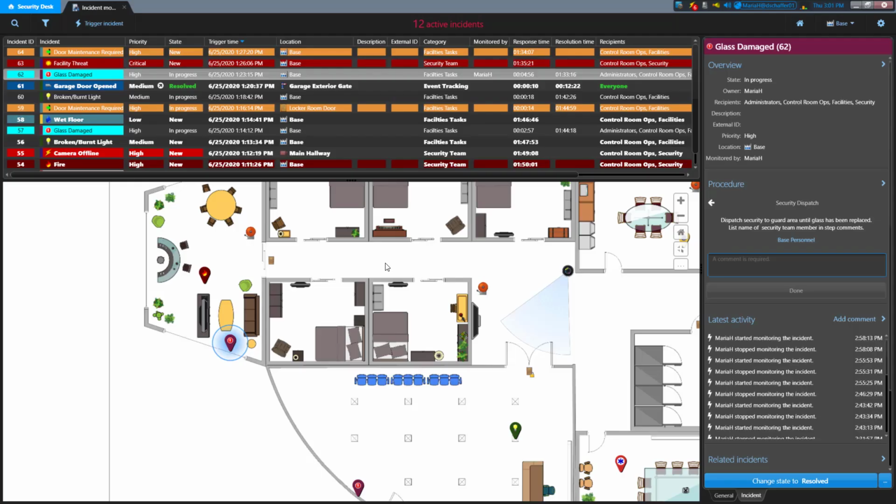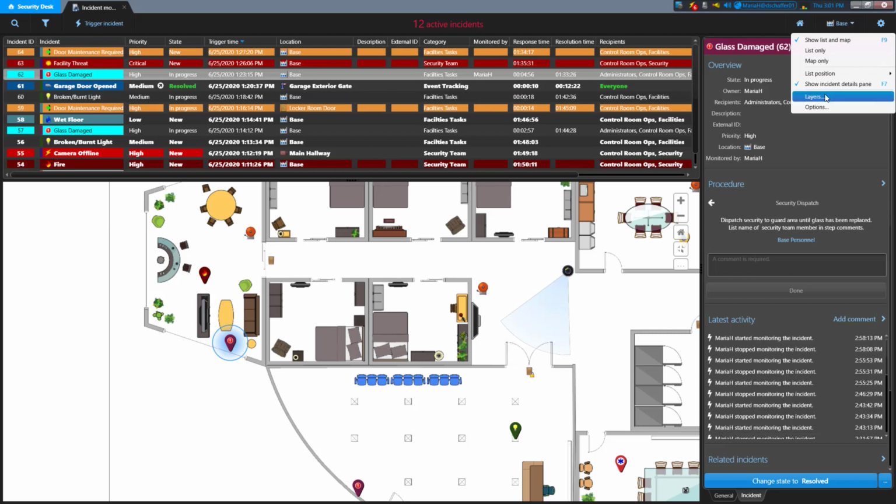Let's bring this back to one screen again to go over the last 2 sections in the Setup menu. The maps you're using in the Mission Control Incident Monitoring task are the same ones you can view in the Monitoring or Maps task and are not configured specifically for this task. So there may be some objects on the map that you don't need to see while you're working on incidents. To reduce the clutter, you can select or deselect layers of the map to add or remove entire types of objects.